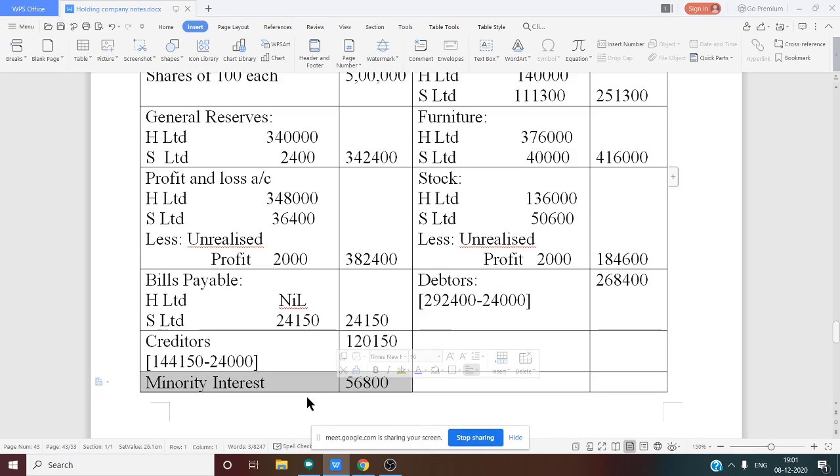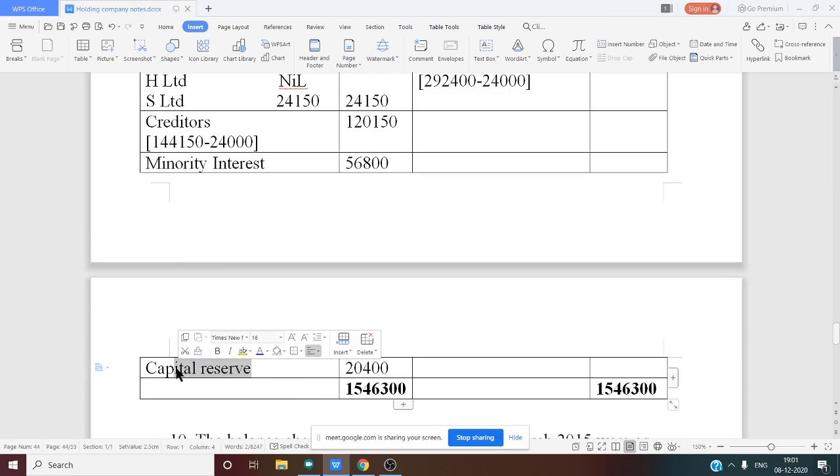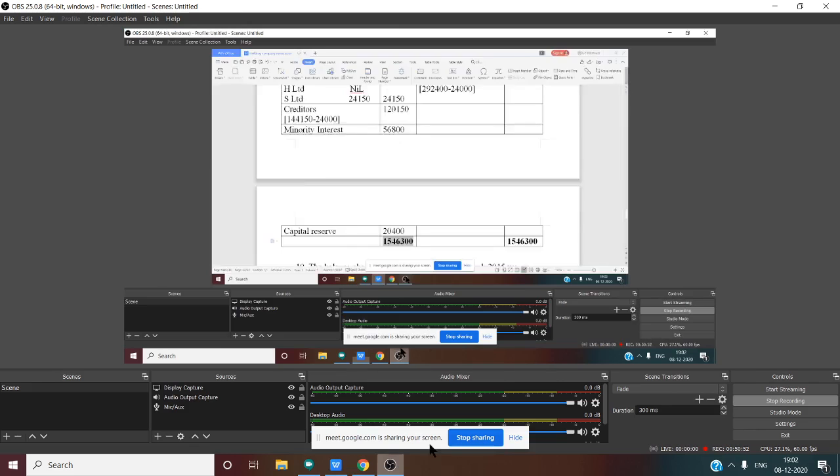Minority interest we have to show, that is the working note we have calculated. Total minority interest 56,800. Similarly, last one, capital reserve information we have to show, that is again calculated, net capital reserve 20,400 from the working note. So the final balance sheet total is 15,46,300 on both sides. I hope this